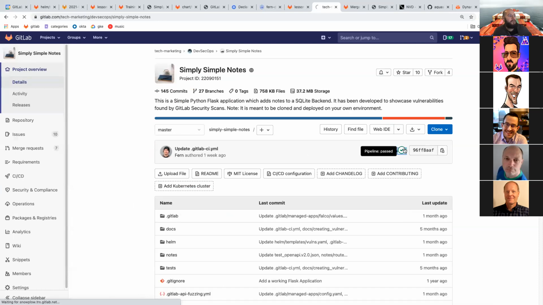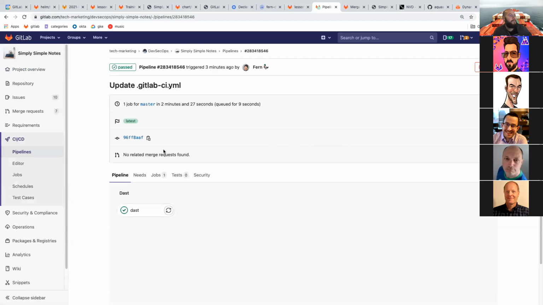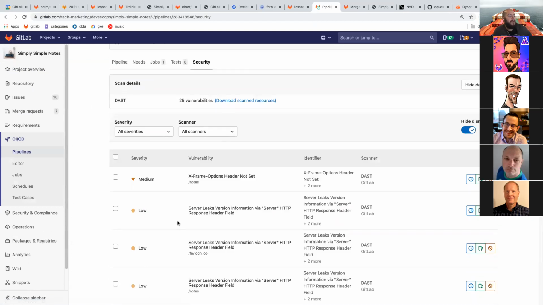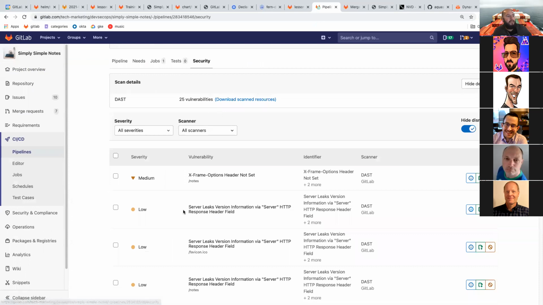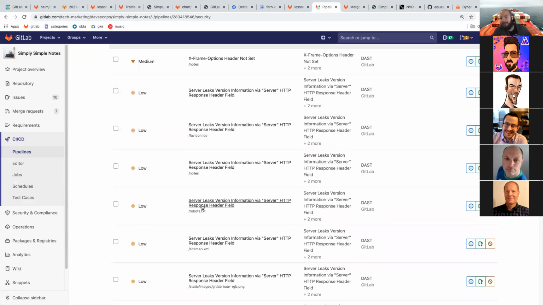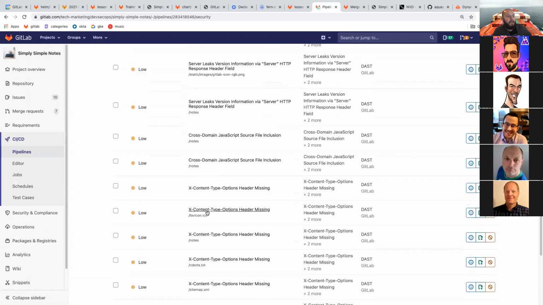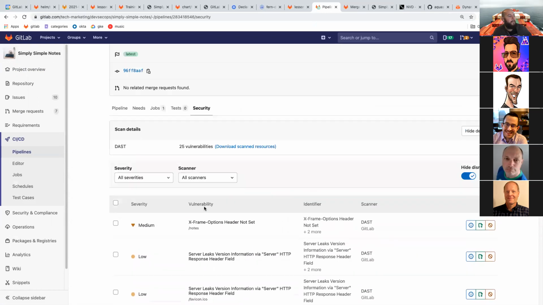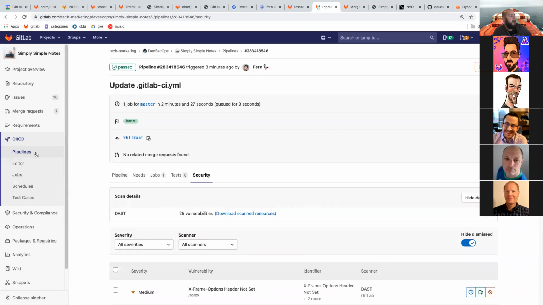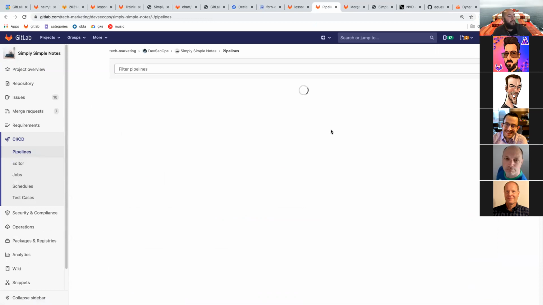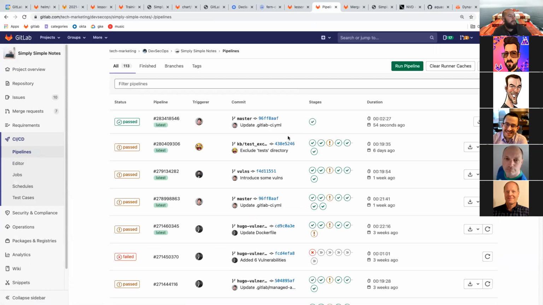And what that will do is it will create this pipeline here. Not this, this is the DAST one. So this is the DAST one that finished running that I just did. You'll see there's a security tab, and you can see everything that DAST picked up on the single scan. That's just to highlight that. But if I were to go into the main pipeline, which is right here,